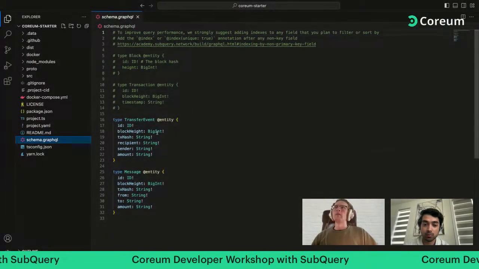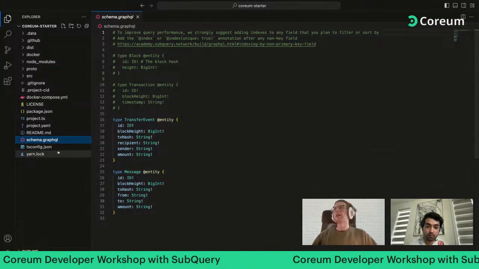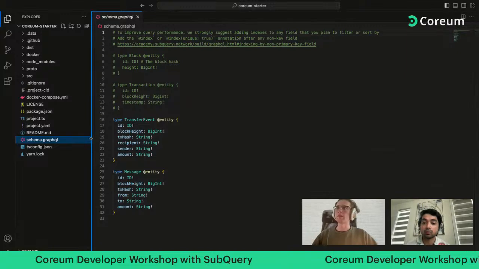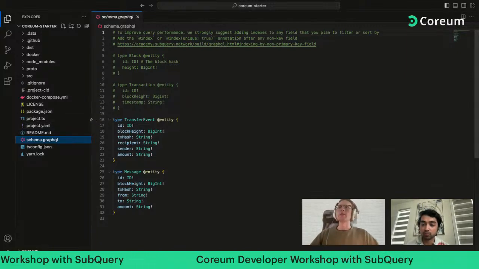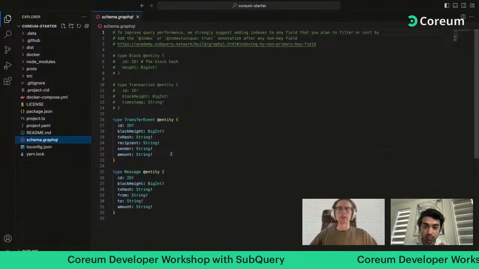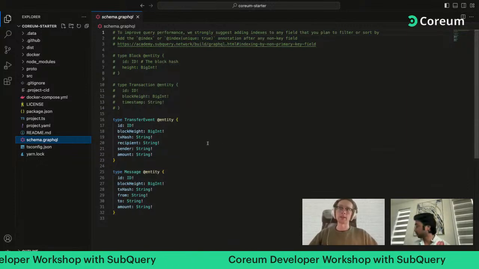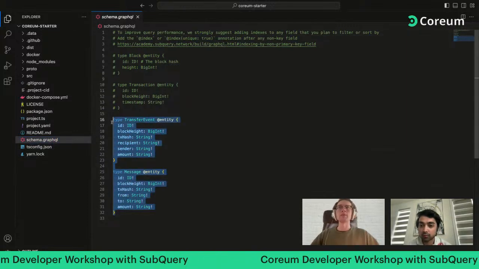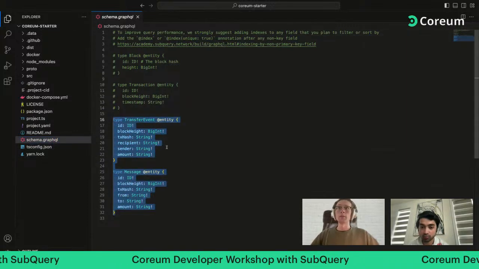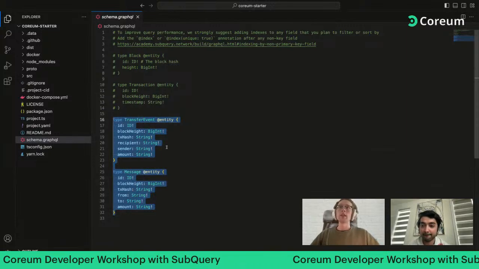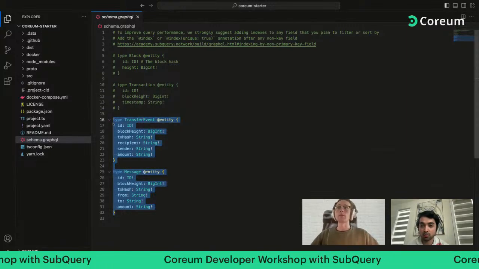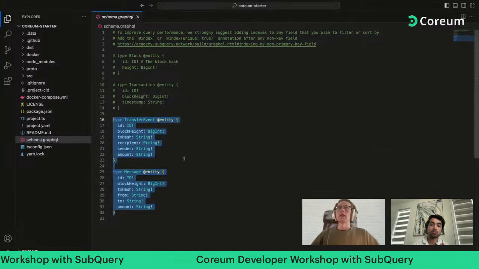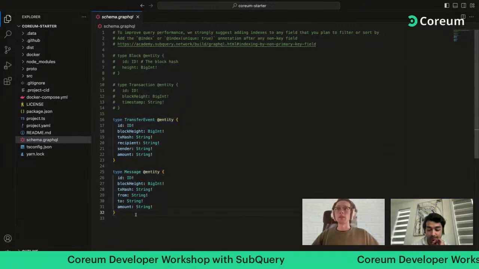So I'm also going to be going over the template, a startup project, a scaffolded project for Coreum, and explaining the configuration process. Essentially, there are only three types of files that need to be configured. There is a schema file, which is essentially a specification for your API. Here you're going to be specifying the queryable entities, queryable from your indexer. In our specific case, since we're interested in indexing only the transfer events and messages, there are only two entities